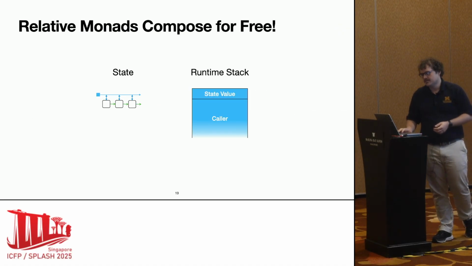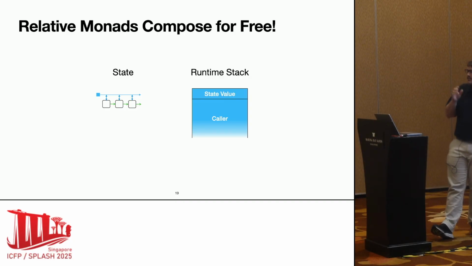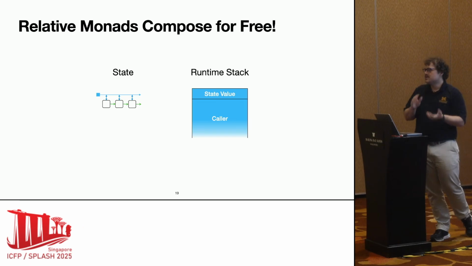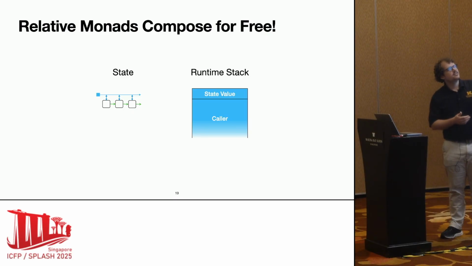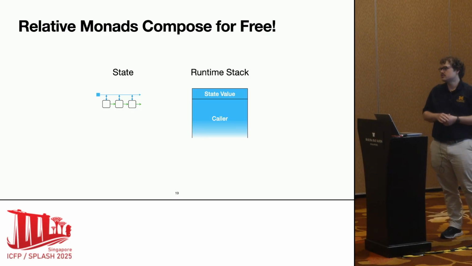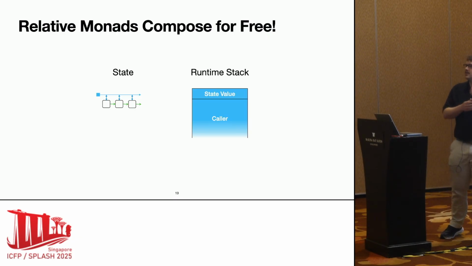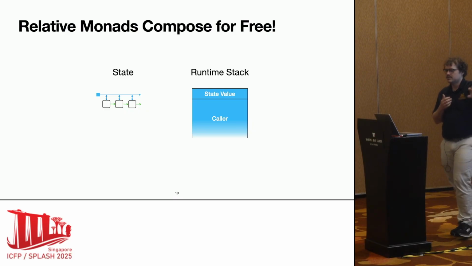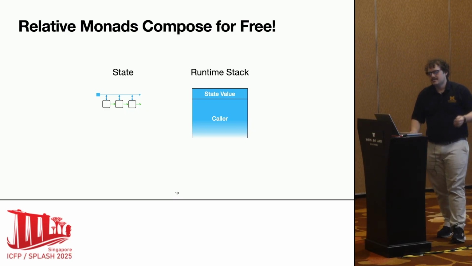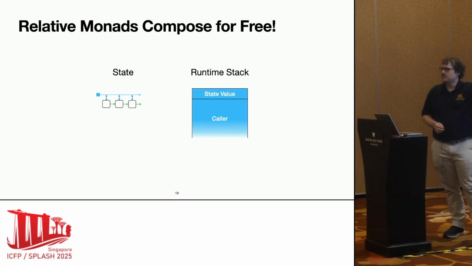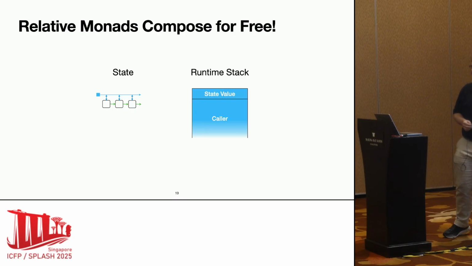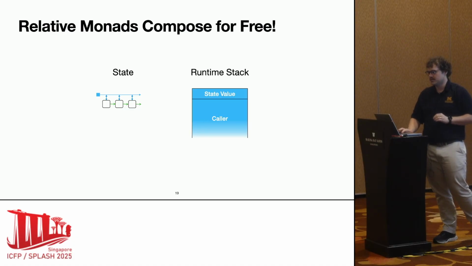And so it turns out that actually relative monads compose for totally free. And I want to give some intuition for why that is. So let's take a look at a state monad. So a stack for a state monad, let's say we store the state at the top of the stack, right? And what happens is we always, in call by push value, have to have a tail of the stack that's owned by the caller, right? That we're not allowed to touch. And the idea is that this fact that we're polymorphic over the tail of the stack is exactly what lets us compose, because we can store our other effects higher up on the stack that we're polymorphic with respect to.